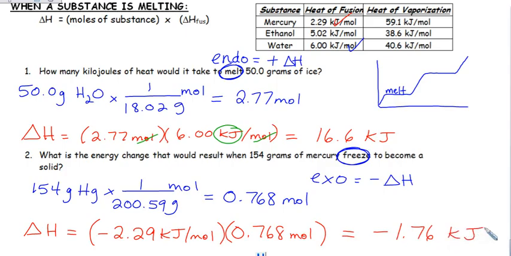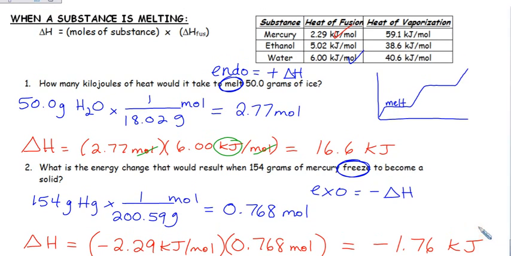Exothermic. And that is totally fine. The freezing phase change should release energy from the particles. So these are the same equation. So technically for melting, we go moles times heat of fusion. But if you want to do this for freezing,